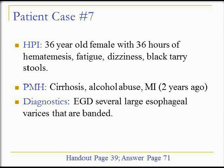So when we talk about upper gastrointestinal bleeding, for purposes of the exam, there's 2 flavors that you have to remember. There's non-variceal, which is a separate set of guidelines, and then there's guidelines for managing peptic ulcer disease-related bleeding, which are also separate. So in this case, I want you guys to remember the drugs that we use to treat variceal bleeding in particular, because they differ a little bit than what we see in patients with peptic ulcer